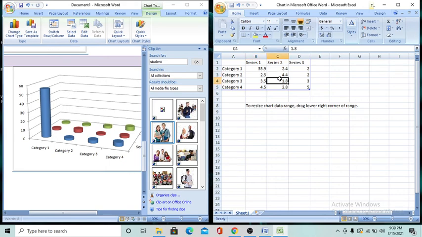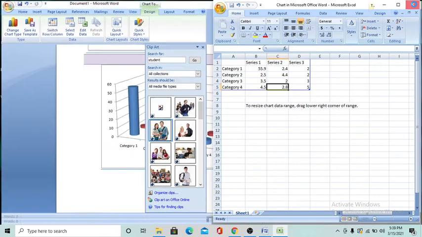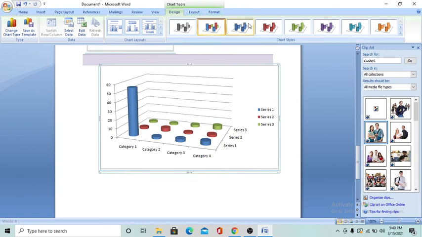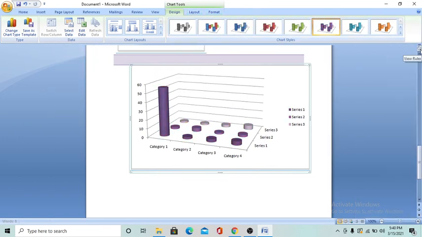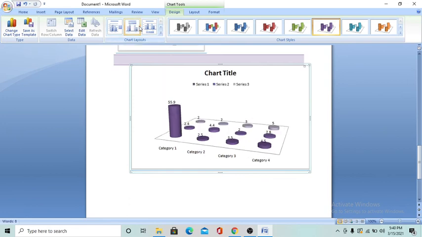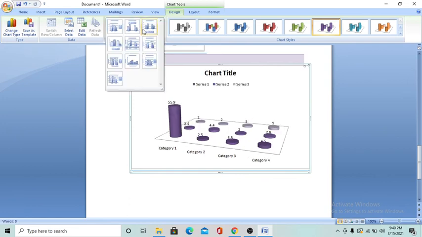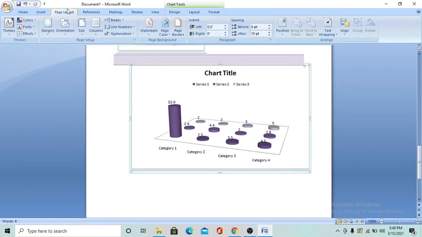Then any data I will change. This is my graphical data that I changed. I will close this session, and this session changes the other color options. Every option I will select, any option, different types of options I select. I will save the template. I will save the templates.